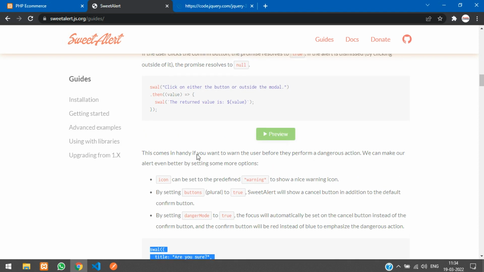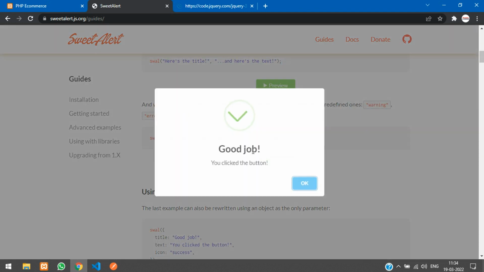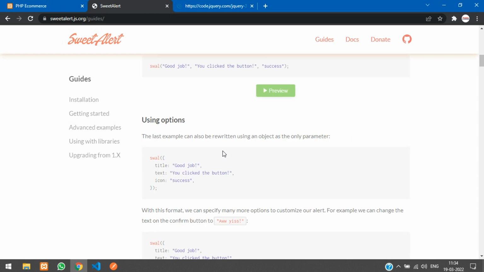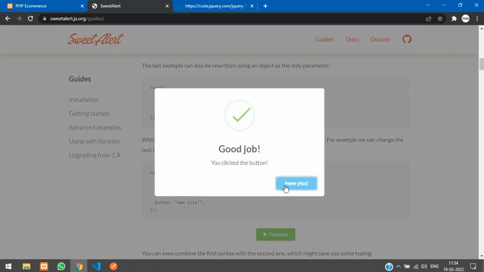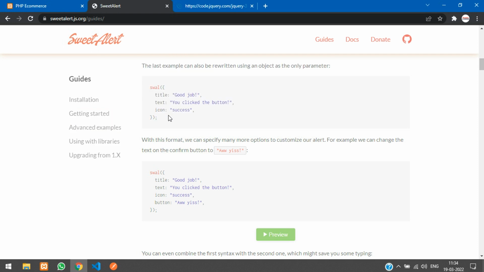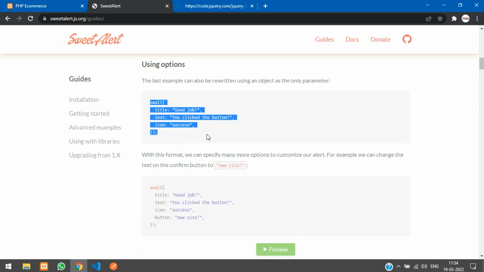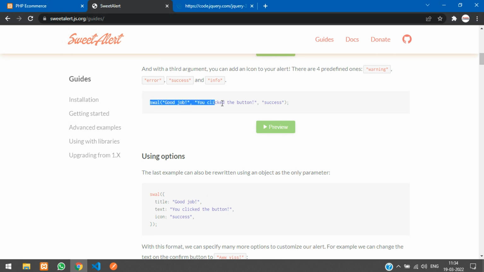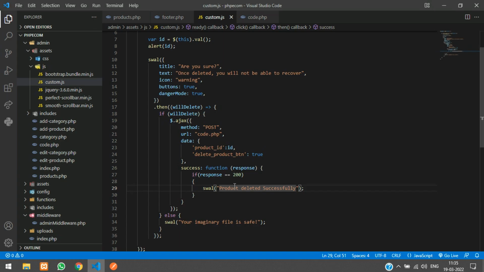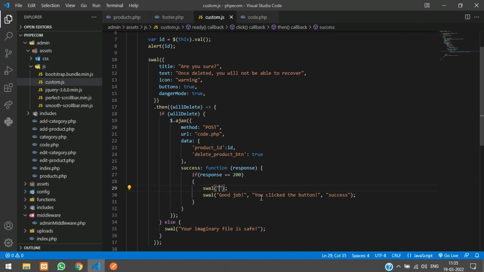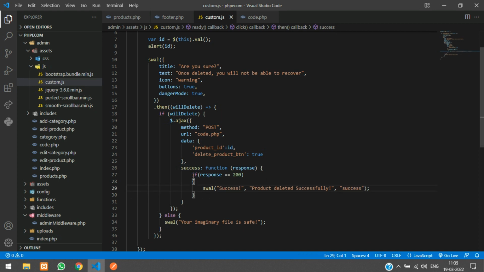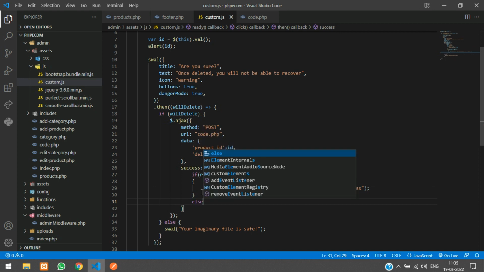So you can just go to the SweetAlert website and over here you can check. You have this thing with the icons. So just copy this. It's over here, the single line. Just take this and paste, change this, product deleted successfully. And here it says success. So this is the heading, okay, and this is the message and this is the icon. Remove this. So if it is 200, then this thing,